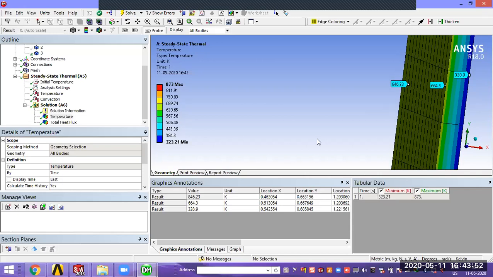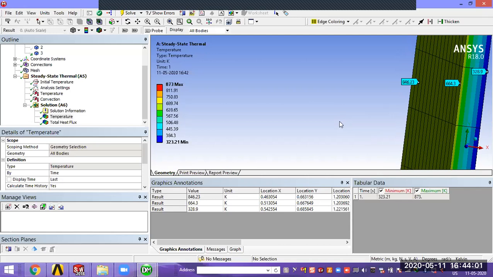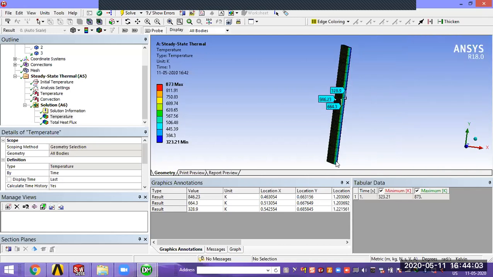As per the material and the area of the geometry, finally Q is directly proportional to the change in temperature, and Q is inversely proportional to the thickness of the member. If you change the thickness, automatically the value is going to change. Okay, this is a simple thermal analysis using ANSYS software. You can do any type of simulation. Here I consider convection. If you remove the convection, it will be considered as conduction only.